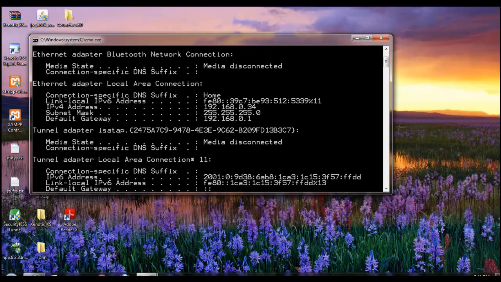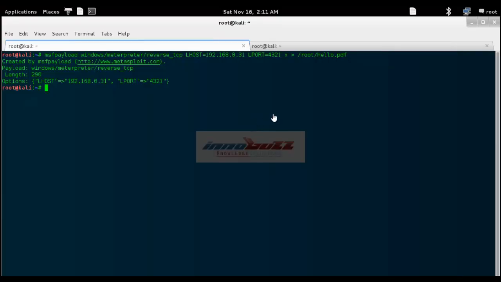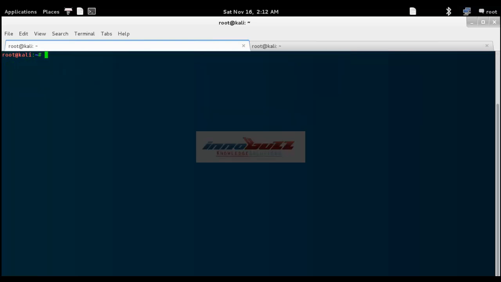On the other hand, on the attacker side, we just need to open the Metasploit framework and check the rest of the settings so that we know how we're going to connect to the attacker machine.